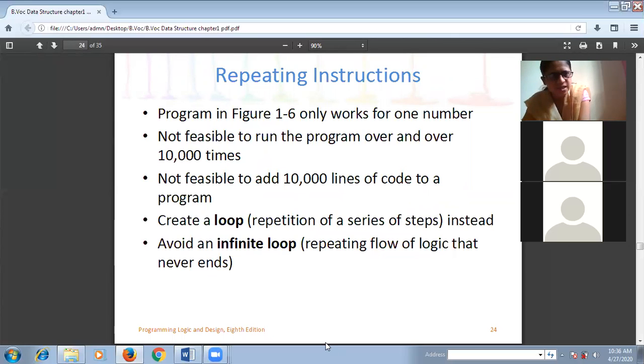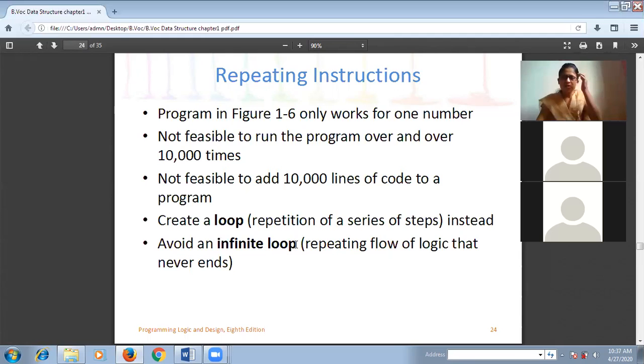Okay, but at the same time, we must be able to take care of infinite loop. Infinite loop means our loop should not run an infinite number of times. That means we should provide some condition to the loop so that the program must be able to exit from it.